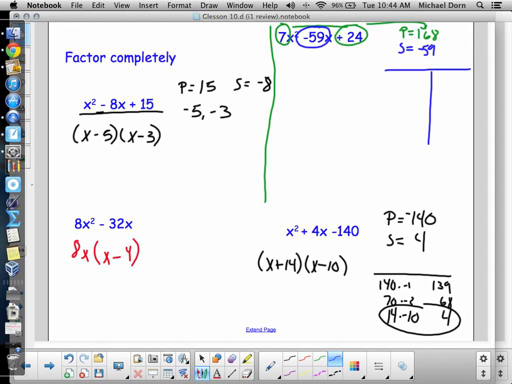Negative 1 times negative 168 gives me negative 169. Negative 2 times negative 84 gives me negative 86. They both have to be negative because the sum is negative and the product is positive. What about 168 divided by 3? 56. Ding. We got it. Not obvious,